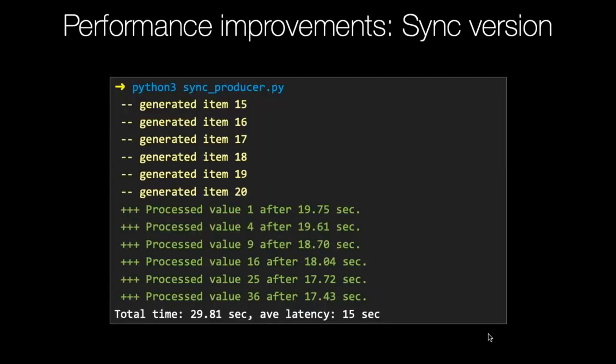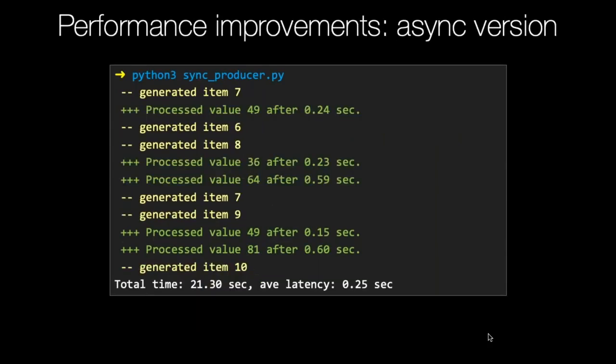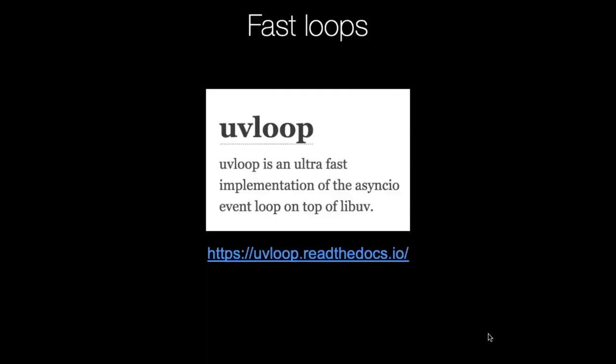All right, so we saw with our synchronous version, timing wasn't great, latency was bad. We saw with the async version, the latency is way better, the time is faster, and we can throw more and more concurrency at it to solve some of the latency problems as well. The way we had it structured before, we're getting about 60 times less latency.